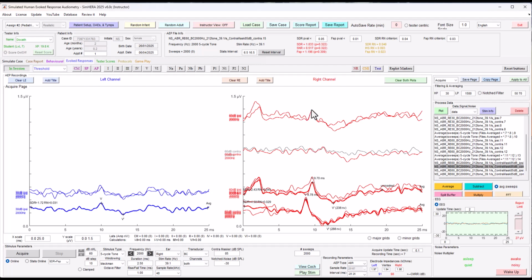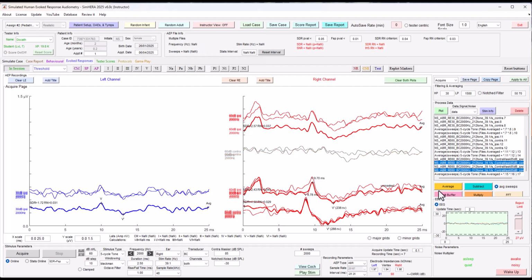And look at that, the ipsilateral channel now has a response. That's a nice clear wave 5 there. And just to show the average. And the contralateral channel